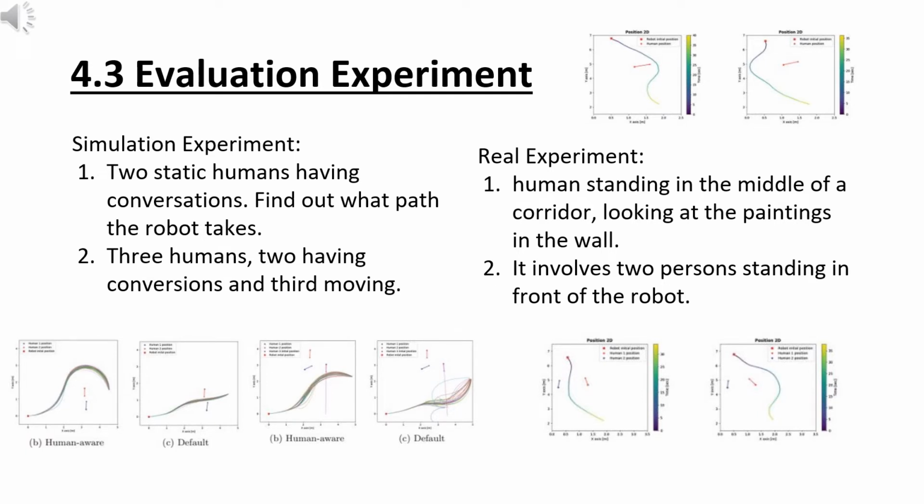Now going to the real experiment, the first part is a human standing in the middle of a corridor looking at a painting on the wall. So the left part, this output is depicted in the top right image, where the left part is where there is no human aware